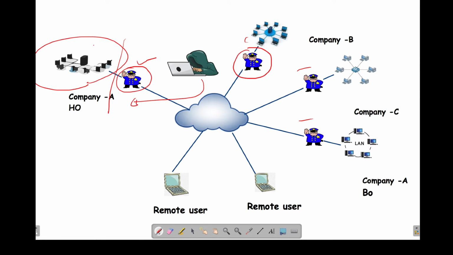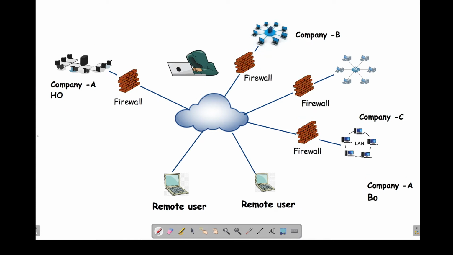So each and every company network should have a security guard trying to check who's entering the network, who's leaving the network. So in computer networks, we keep something called a firewall. We keep a firewall between the company's network and the internet, and ask the firewall to check which part of the TCP/IP communication should be allowed access, which part of the communication should be denied access when the packets are coming from the company's network to the internet.